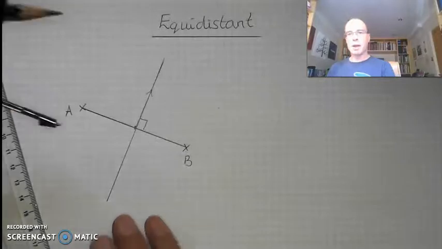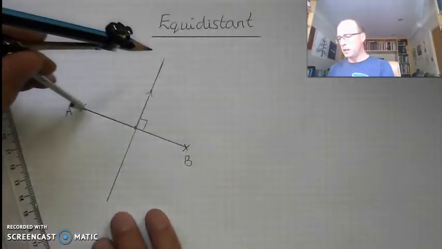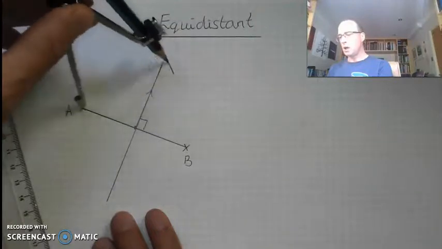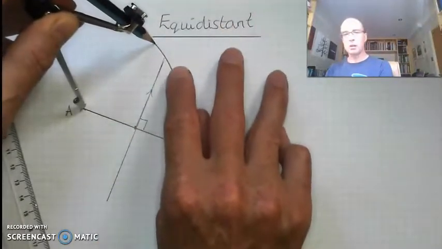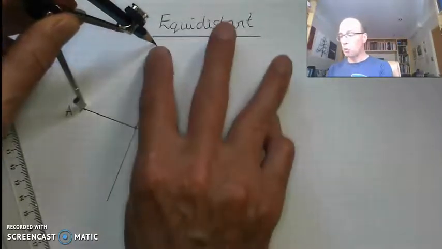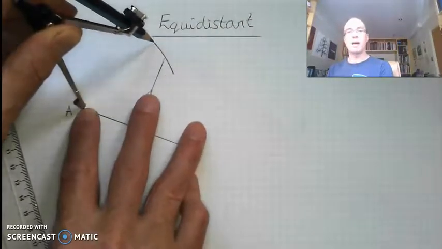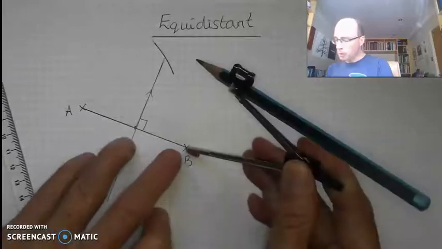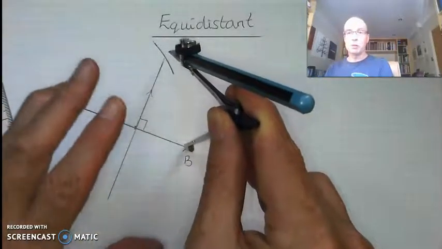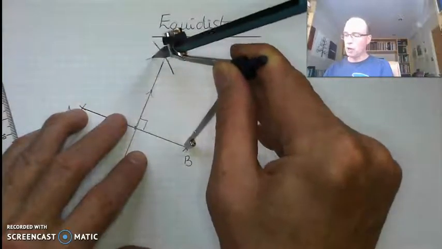Just want us to have a little think about what we did when we constructed our perpendicular bisectors. We took our compass, we put it on A, and we drew an arc. So all of the points on that arc, my compass is set at 6 centimetres, so they're all 6 centimetres away from A. And when I move my compass to B, and I haven't changed the setting of my compass, so it's still 6 centimetres, and I draw another arc,